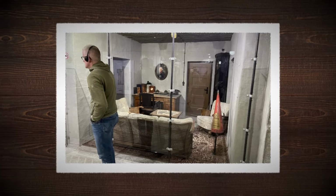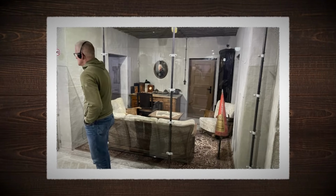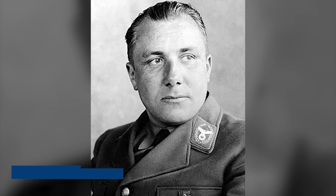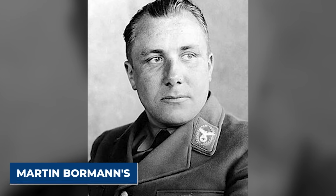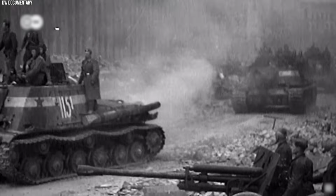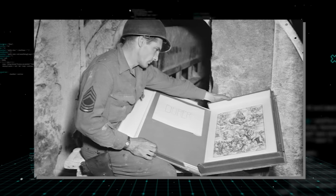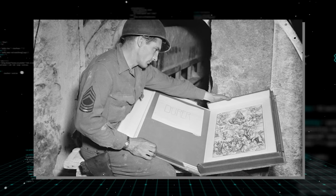One of the most significant discoveries came in what historians now call the Sealed Archives Room. Located adjacent to Martin Bormann's quarters on the lower level, this space had been hastily converted into a document storage area in the war's final weeks. Soviet forces broke through a recently constructed brick wall to find file cabinets and steel boxes containing a remarkable collection